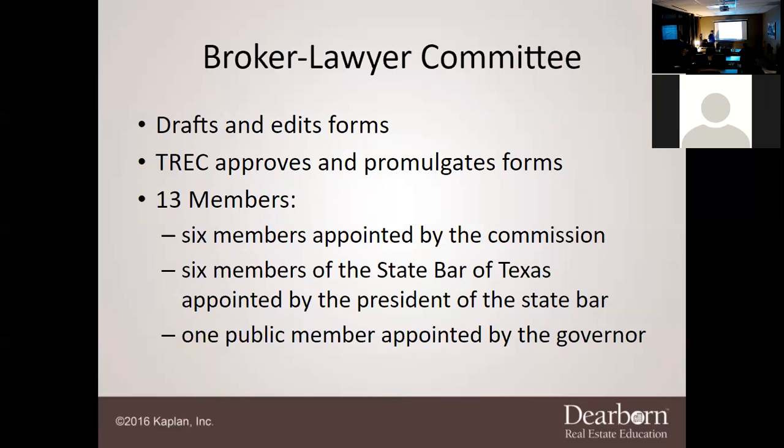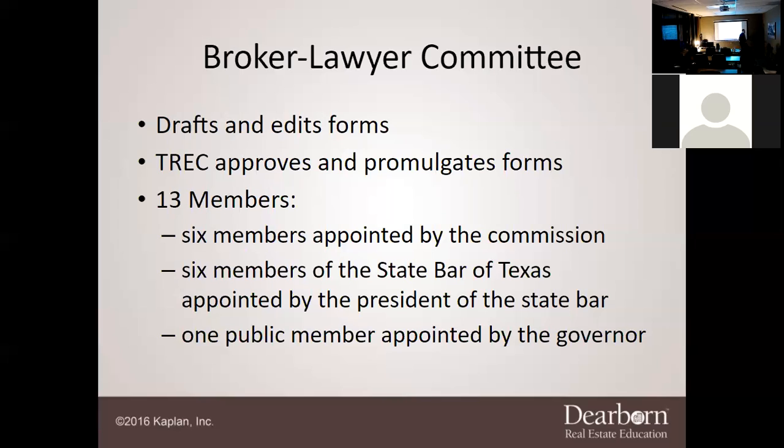There are 13 members on the broker-lawyer committee. There are 6 members that are brokers appointed by the commission. When we're talking about the commission, we're talking about TREC. There are 6 members from the State Bar of Texas, and those, of course, are appointed by the president of the bar. And look at this, lo and behold, last person: one public member must be appointed by the governor.